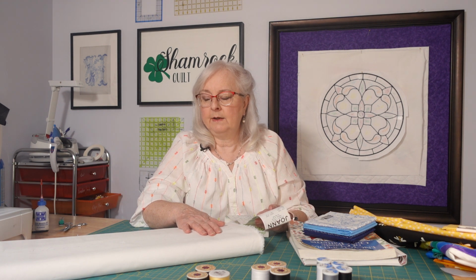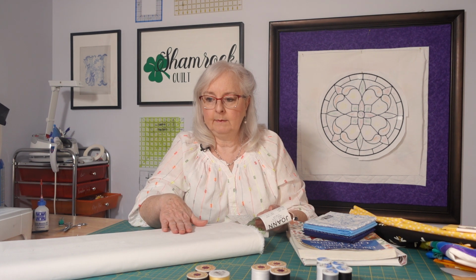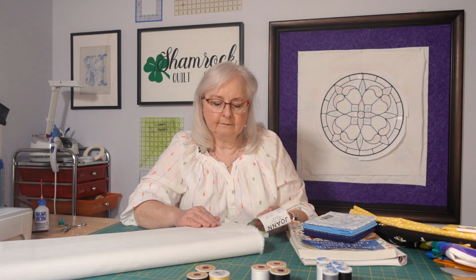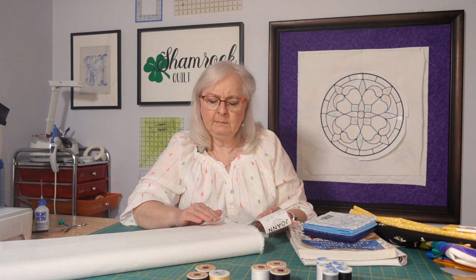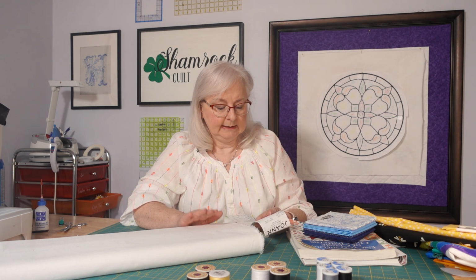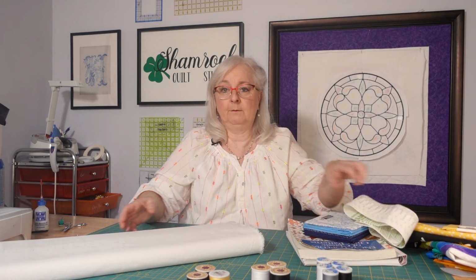They used to have one that was called Country Classic that I liked as well. It had a little bit more of a finish on it that felt and looked like flannel just a little bit, a little furriness to its finish. This one I've not noticed that it has that, but it doesn't snag or pill very badly, and it doesn't ravel very badly. So this one I use a lot of,